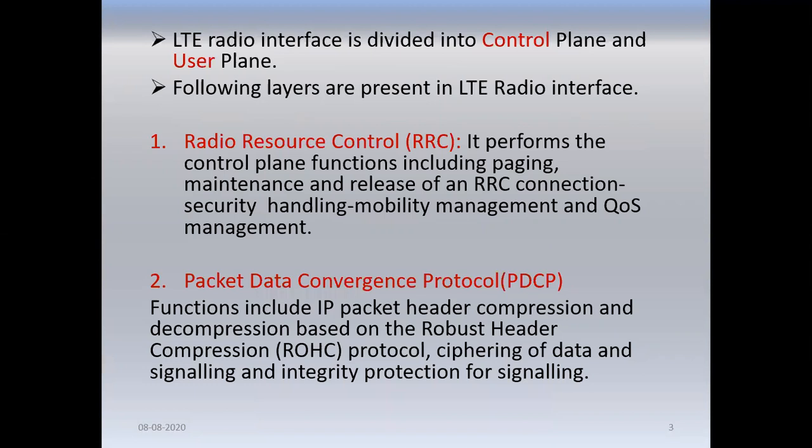The radio resource control, RRC, performs the control plane functions including paging, maintenance and release of the RRC connections. So radio resource is the physical resource which is essential for communication. So it is purely the traffic which is being allocated for each cell. Now how the cell has to manage the radio resources available. It is the carrier frequencies available after slicing. So that is maintained by radio resource control. So RRC protocol we call it as.